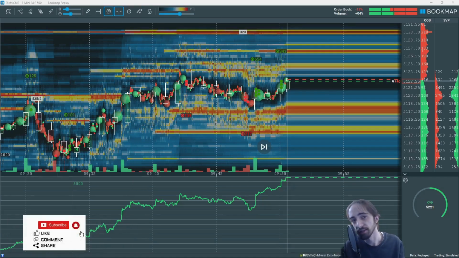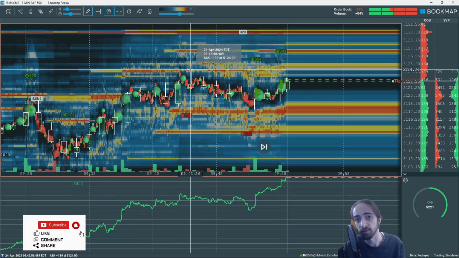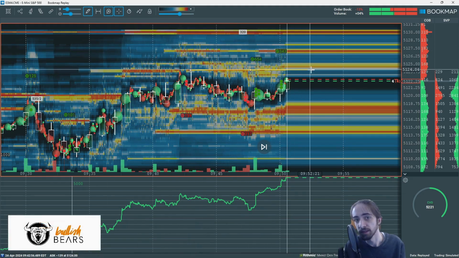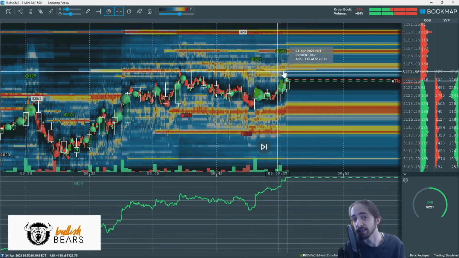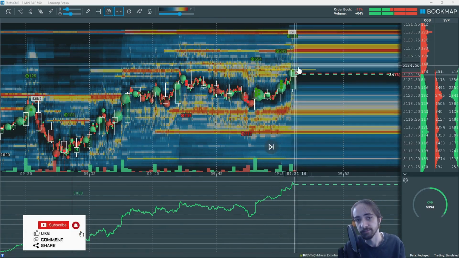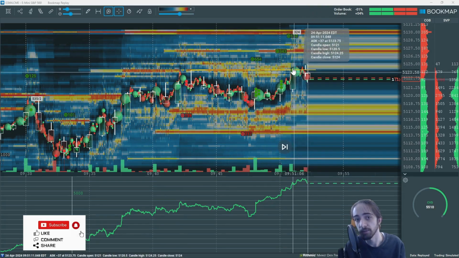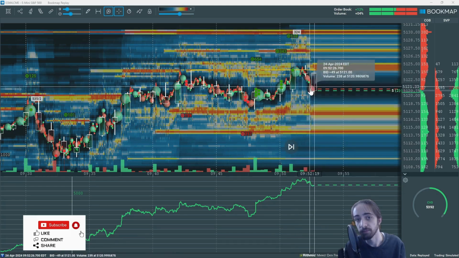Now I'm going to show you guys a reversal that we see on ES after we break a recent high. So we're going to draw our line tool right at this previous pivot. I'm going to show you guys how we react. We get some sweeps at this level and we end up reversing. So there's the break. There are our sweeps, some buying pressure, and then sellers step right back in